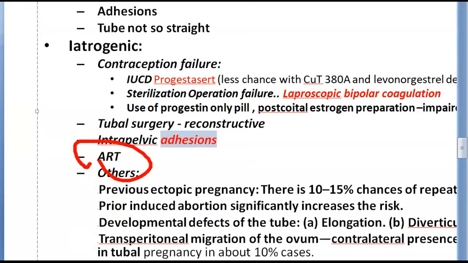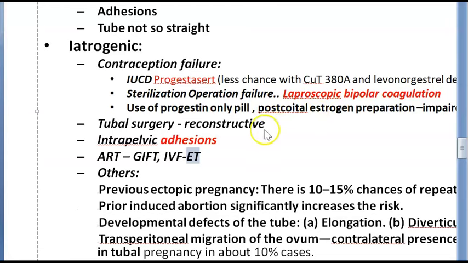Okay. ART, what is ART? Assisted reproductive technique, isn't it? So basically if you're having an IVF or a GIFT, that is gamete intrafallopian tube transfer. So you are introducing something into the fallopian tube. So what is GIFT? Gamete intrafallopian tube transfer. Gamete is the sperm. So the sperm is being introduced into the fallopian tube, right? So what will happen? It can result in ectopic pregnancy. That's the tubal pregnancy. IVF ET. Now what is IVF ET? IVF I can understand, in vitro fertilization. What is ET? Embryo transfer, I'm guessing. So in vitro fertilization, then an embryo transfer. So this can again lead to ectopic. Okay.